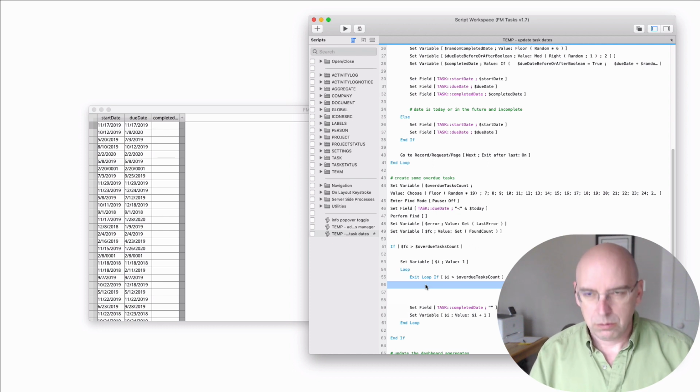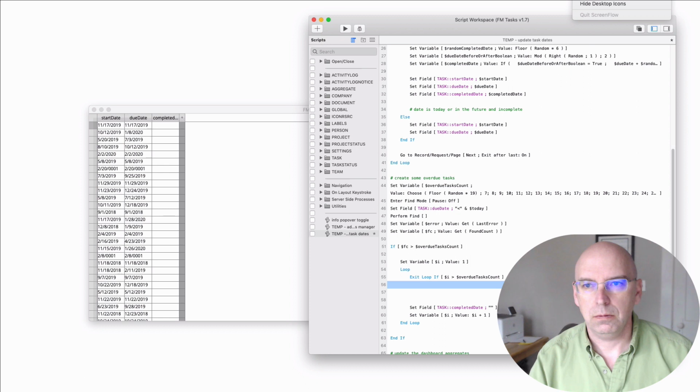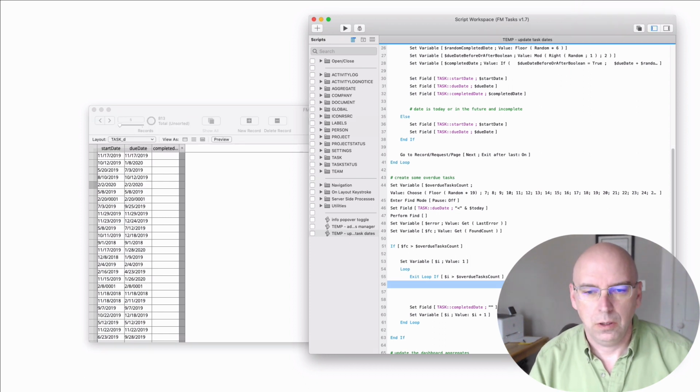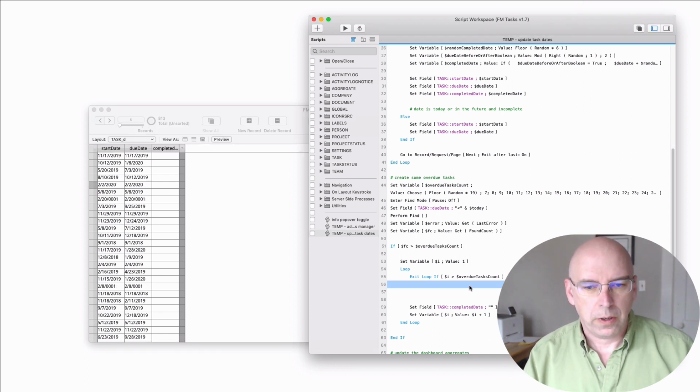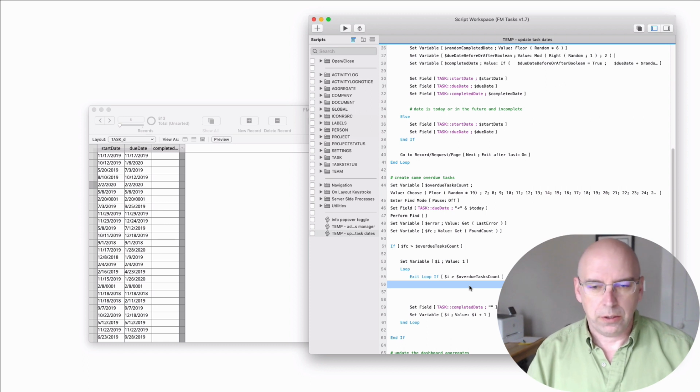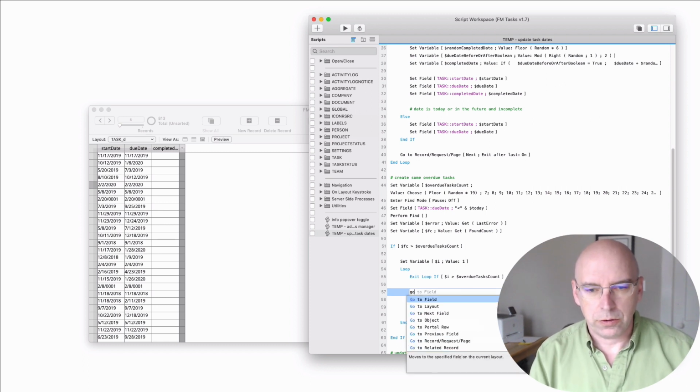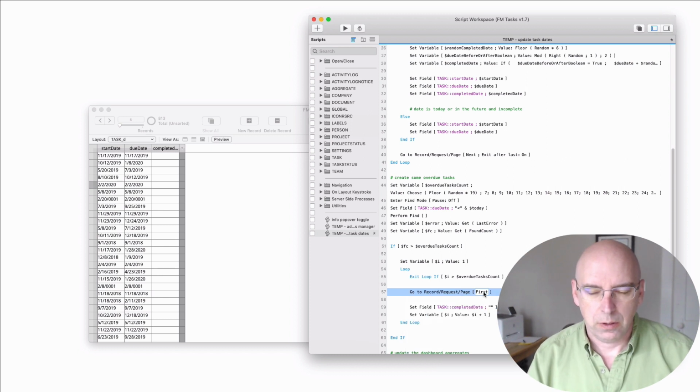Okay, so to go on a random, there's probably a number of ways to do this. What we're going to do is use the go to record, and